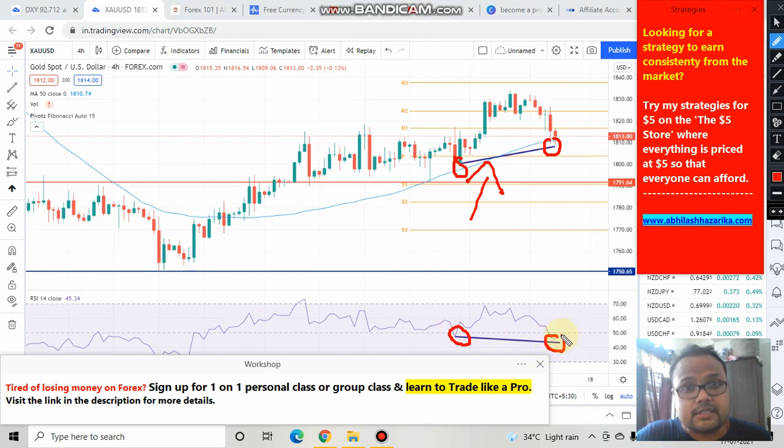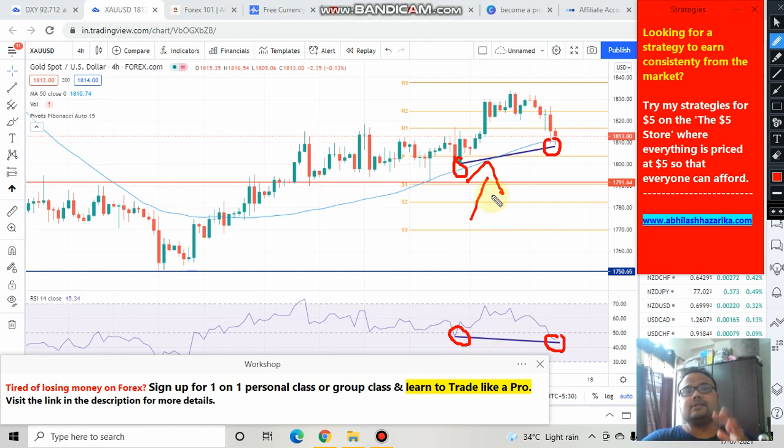bearish divergence here. Bearish divergence means price is going up, but RSI is indicating that the market did not form a higher high here. You can see that the market has formed a lower high here, but RSI has formed a lower low here. Whenever we get a difference like this, whenever we get an RSI divergence like this, then there is an indication that price may fall, that the market may go down.